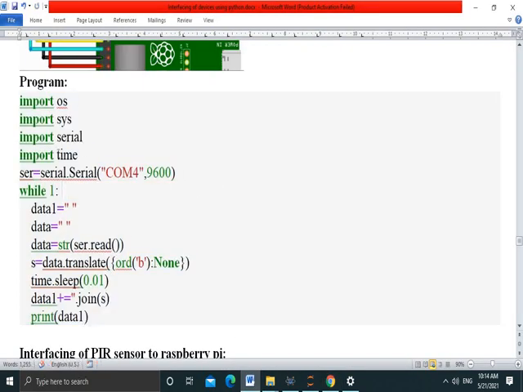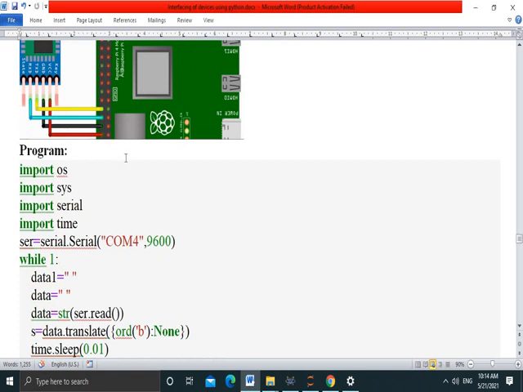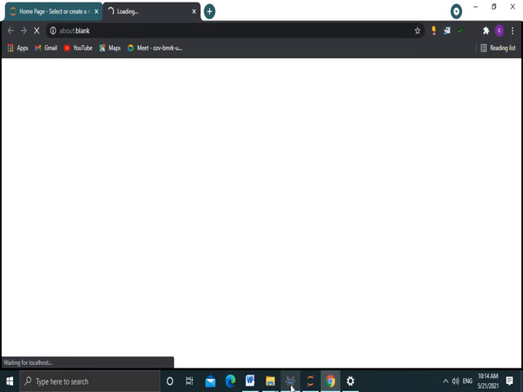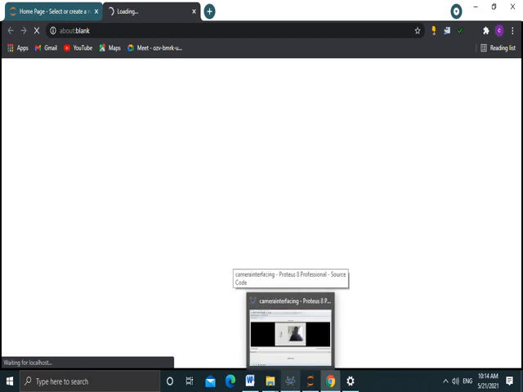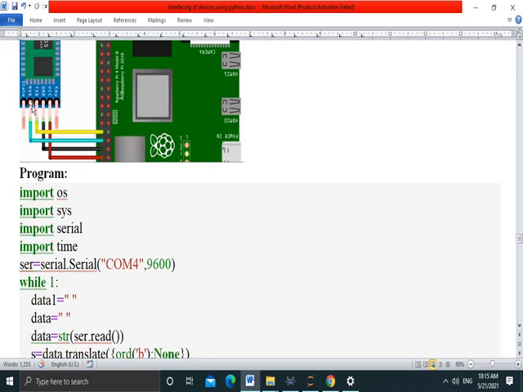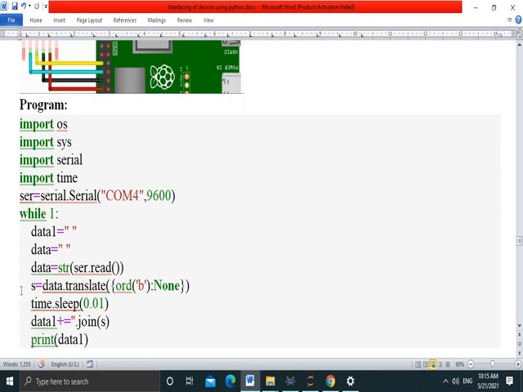And in programming, see here we are not importing the Raspberry Pi module because in Jupyter hardware is not installed. So the better way is to avoid the Raspberry Pi in Jupyter. When you have the hardware, then you can interface the Bluetooth module to your Raspberry Pi and then write the program. So I am doing it virtually here.